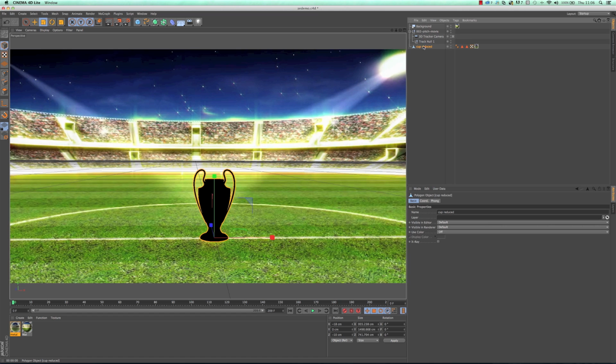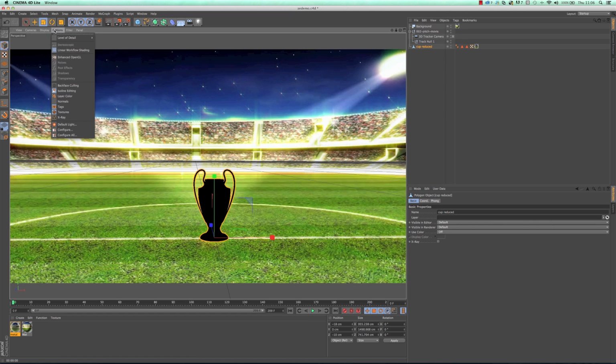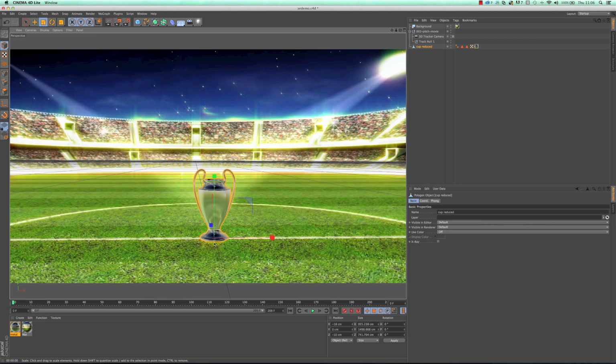And one of the things that you can do if you're using things like reflections or shadows or transparencies, if you have a reasonable graphics card, you can go to options here, turn on enhanced OpenGL, and that will give you things like environments. So this is a simulated reflection. It's using the environment channel just for speed, really, just to give an idea that the cup is metal. But you can also turn on things like shadows and transparencies, and we'll have a look at how that works in a moment. So that's quite cool to have. You don't need a super duper graphics card. Most graphics cards that support OpenGL will display this stuff quite nicely.